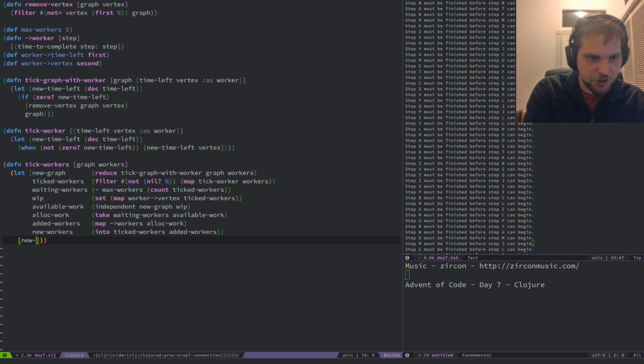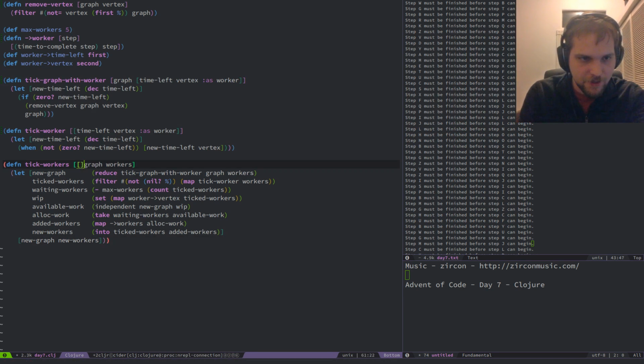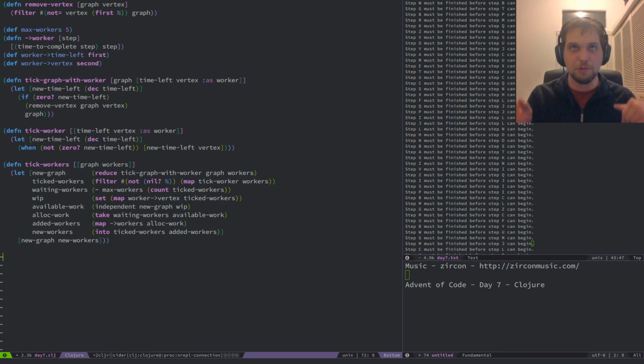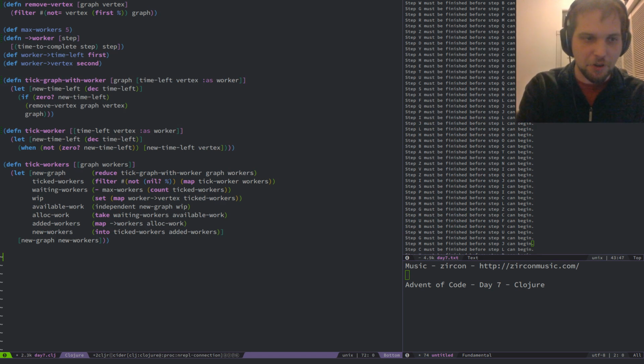That gives us a new graph and new workers. Because I'm too lazy to put this in a map, I'm just going to put this in a vector. You'll notice I do that a lot, at least at first glance. I usually can go through and do a second sweep with maps, but for now, small enough.